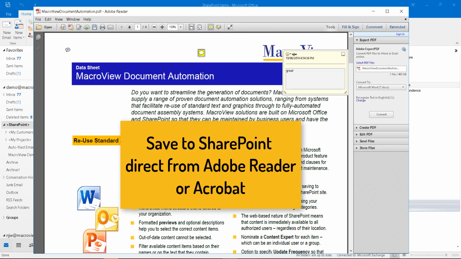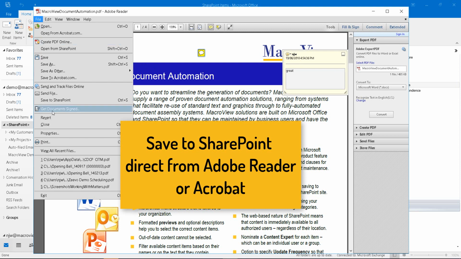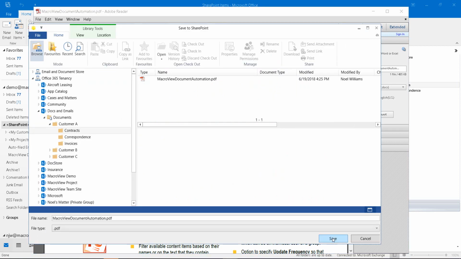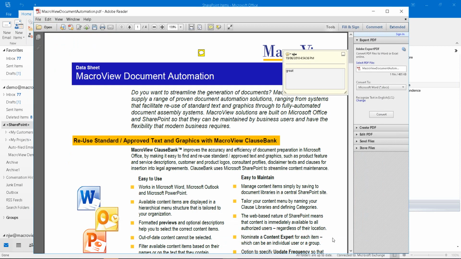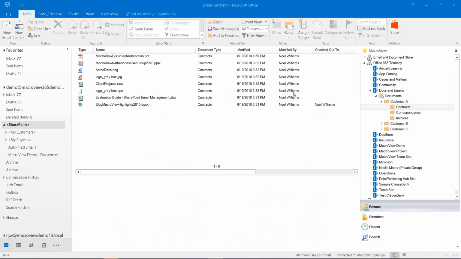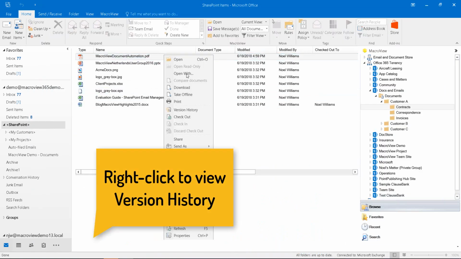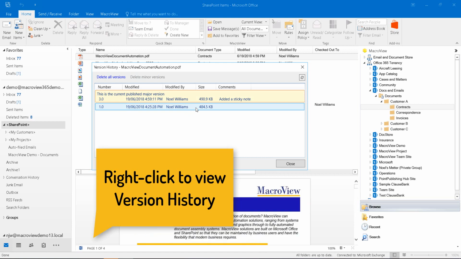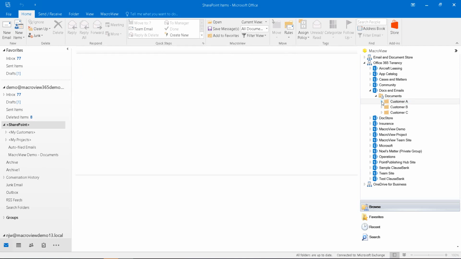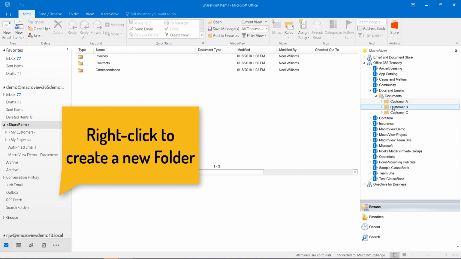We can now make modifications to our PDF document and use File, Save to SharePoint in order to record it back in SharePoint. When we do so, we are prompted for the same version comments as if we were saving from Microsoft Word. Now back in Outlook, we can right-click and see the version history comments that we recorded whilst we were in Adobe. Macro View also makes it easy to create new areas within our SharePoint Online store,